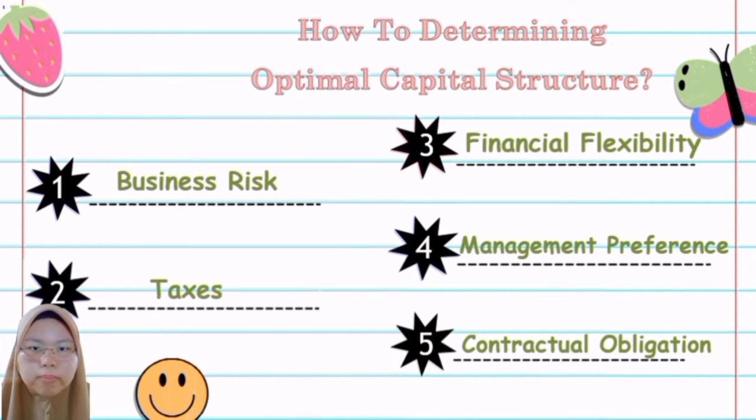whether using debt or equity. Financial flexibility. Internal and external factors will influence companies' choices between debt or equity. Financial managers are given the ability to make changes to a company's capital structure according to changes in the environment. In management preference, we are looking at the behavior and attitude of the owner of the company, whether aggressive or not, in order to respond towards their capital restructuring. It is because the management style influences the method of raising capital.